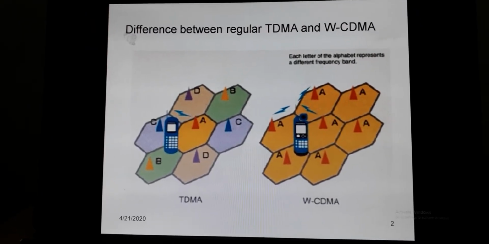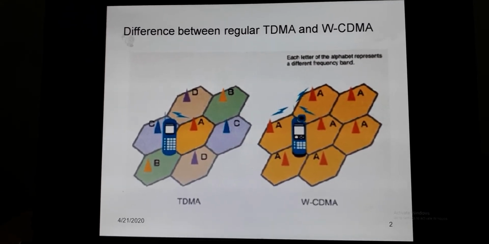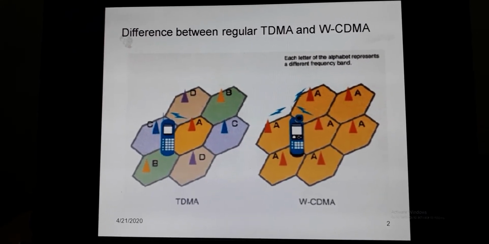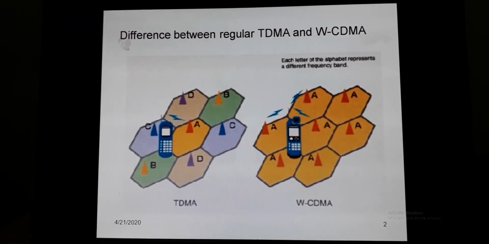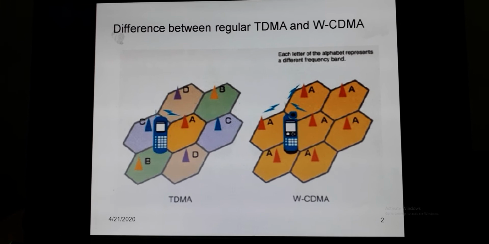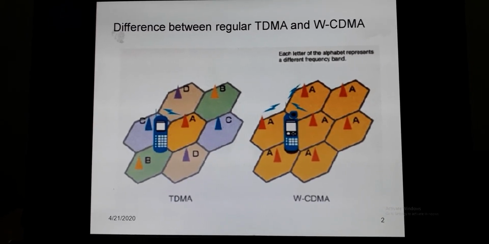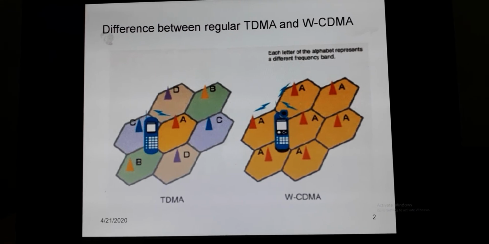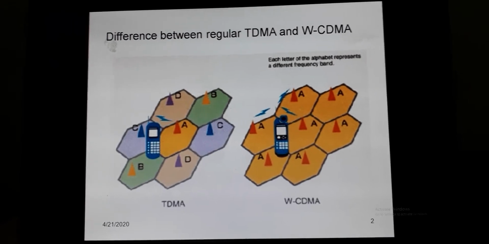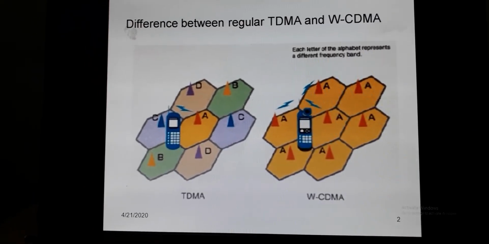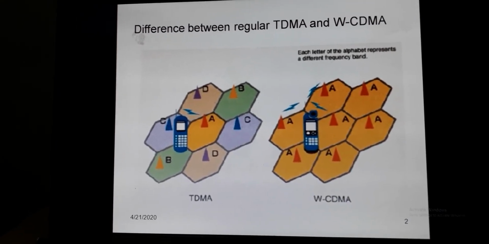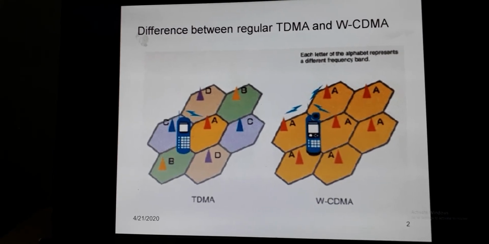the cluster. Cluster means it is having 7 cells. Regular TDMA cluster is having 7 cells. All 7 cells are having different frequencies, so they are shown with A, B, C, D, E, F with different colors. But CDMA consists of the same 7 cells which are having the same colors. Same colors means same frequency. So all cells are represented as cell A only.